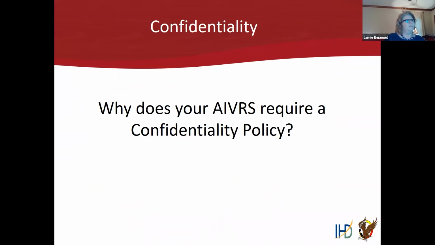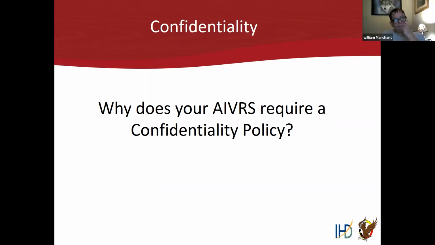It states, number one, that tribal vocational rehabilitation units must adopt and implement written policy and procedures to safeguard the confidentiality of all personal information, including photographs and lists of names. These policies and procedures must ensure, and it has a list of the following. Can everyone see that fairly well? Yes.